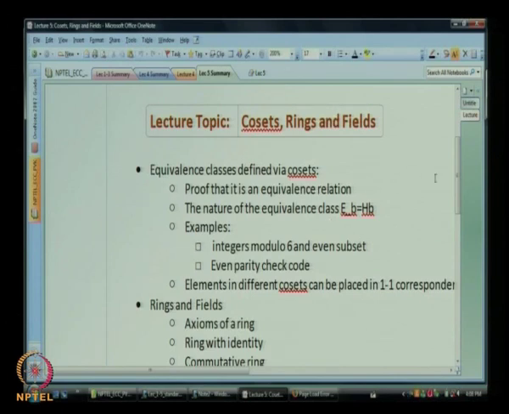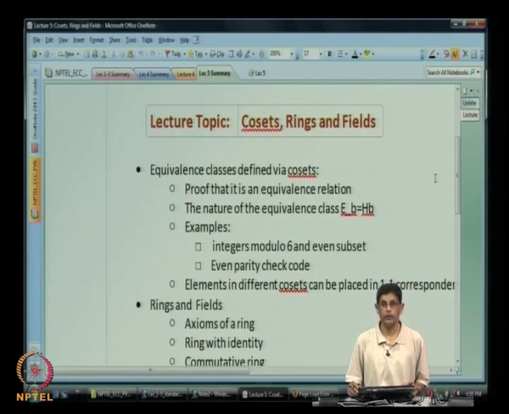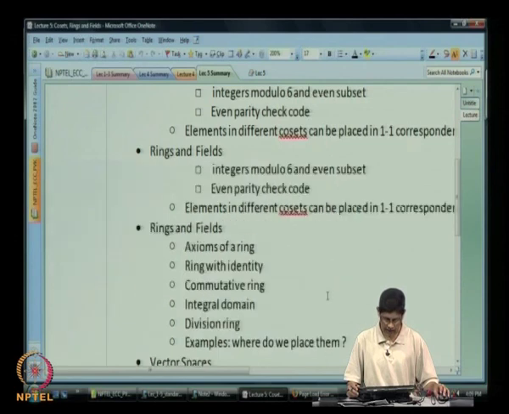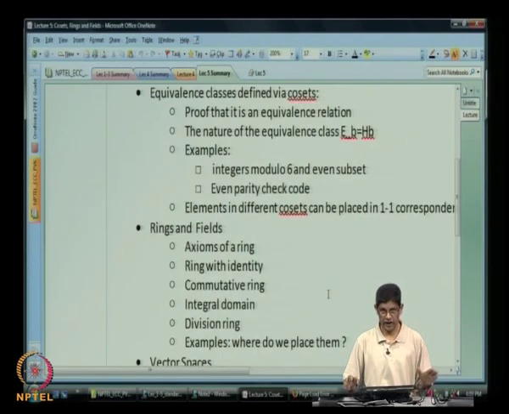So we will look at equivalence classes defined via cosets. That is a continuation of what we were doing in the last lecture. Then we will look at some examples, and we will also give some structure to the nature of the equivalence class in this case. We will prove a further property, and then after that,